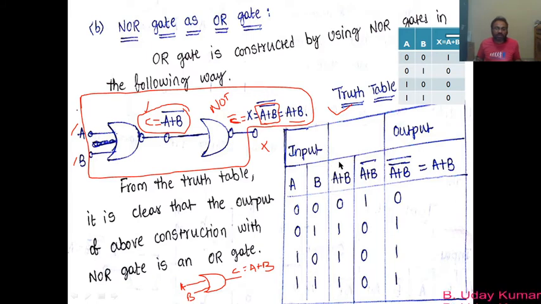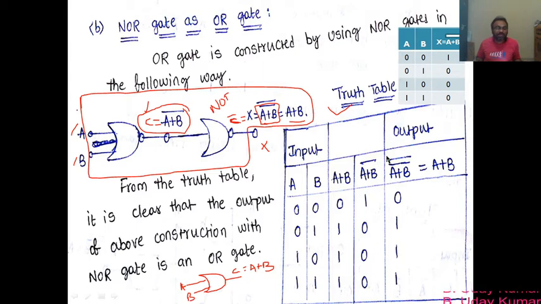So this column explains A plus B, and the next column is A plus B bar, right? To find A plus B bar, whatever value you get here, write its inverse here. So here I have 0, hence I write 1, this is 1 and I write 0, this is 1 again, becomes 0, and this is 1 and becomes 0. This is A plus B bar, right?